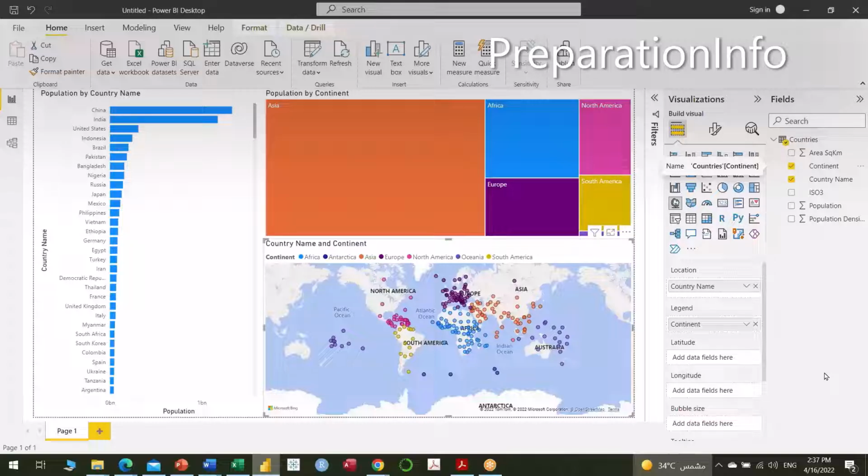Okay. Now let's look at a few of the properties of this report, and these properties are, if I just want to see what is the